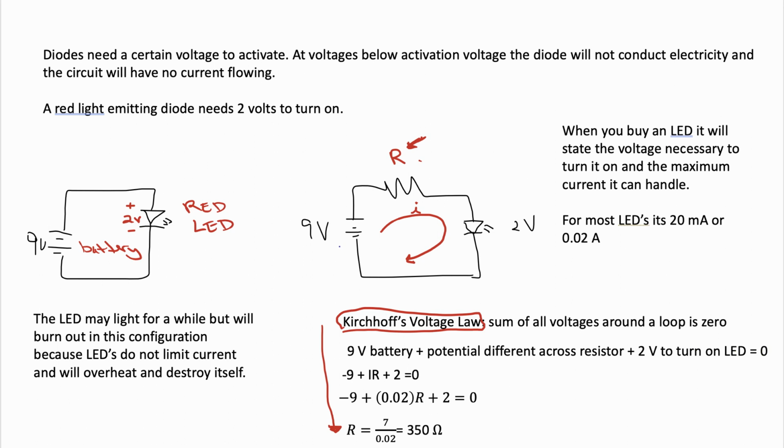And since we're going in this loop, as I've drawn it, we're going into the minus side of the battery, right? Minus 9 plus, this is Ohm's law here. Remember, V equals IR is Ohm's law. Plus 2 equals 0. And then we plug in minus 9, that's the battery, plus 0.02